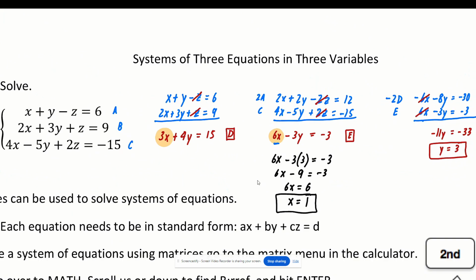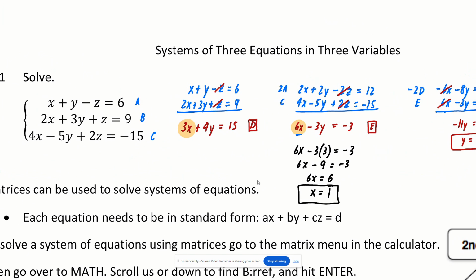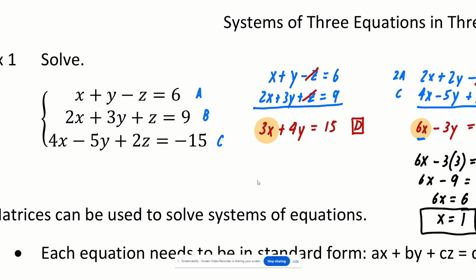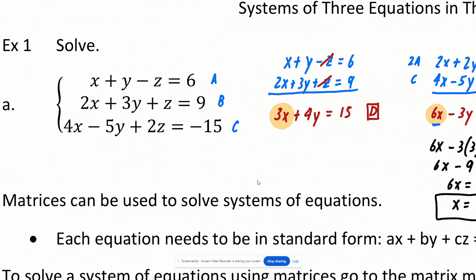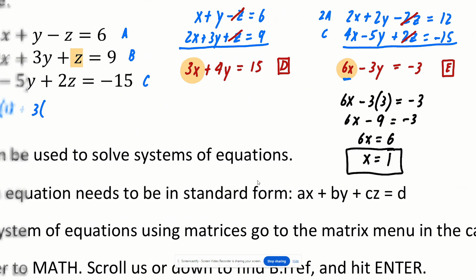So now I want to find z. So I'm going to go back to one of the original ones because it has x, y, and z in it. And I'm going to plug in the two that I know, x and y, to find z. Now, when I look at these, again, it doesn't matter which one you choose. But to me, the one that's easier is the one that has z just alone. So I'm going to go back to that equation, and I'm going to go, okay, 2 times, whoops, I have to get a pen. I'm going to go 2 times x, which we found to be 1, plus 3 times y, which we found over here to be a 3,